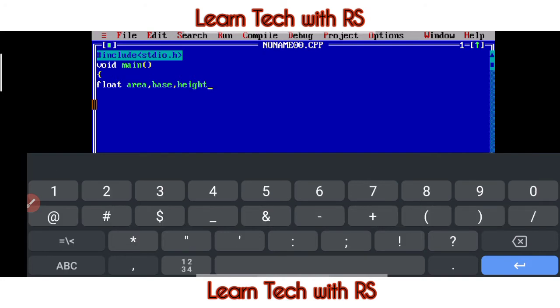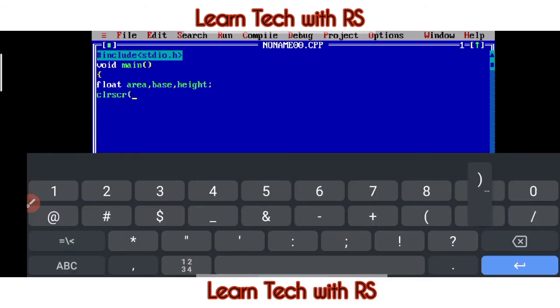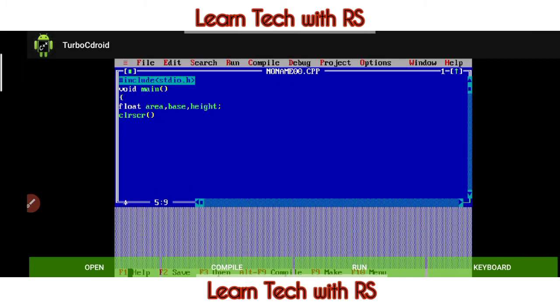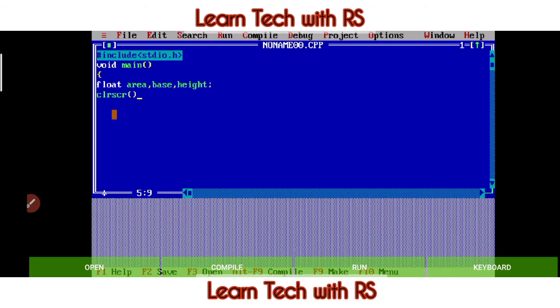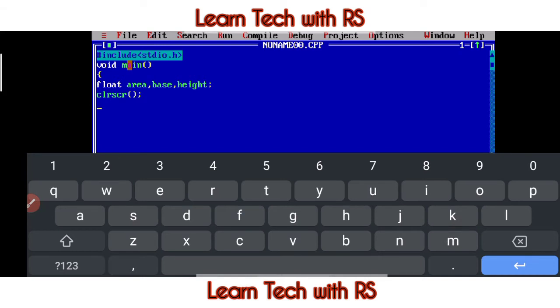Okay, then we have to give the break and then enter, and then clear screen. This is just an additional keyword. Now clear screen. Okay, after the clear screen, just give the break, and then we have to print. We have to get the output, right?